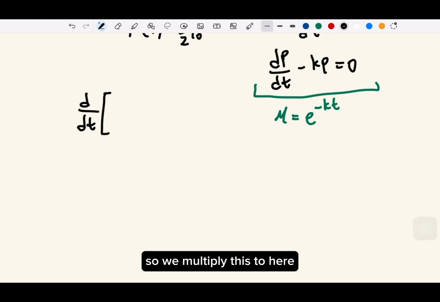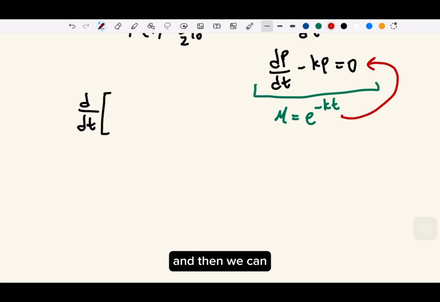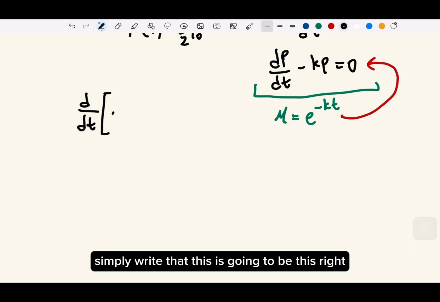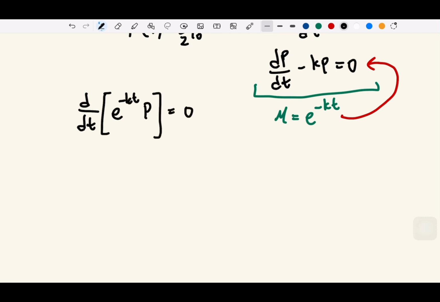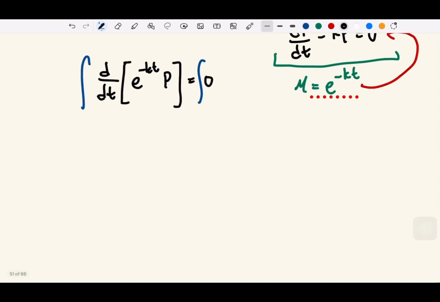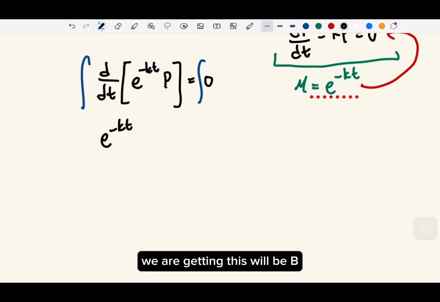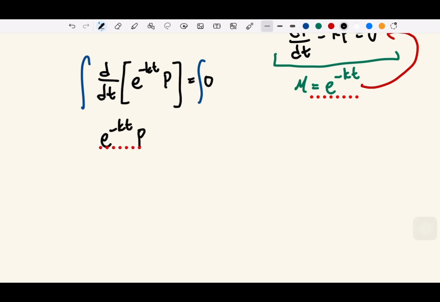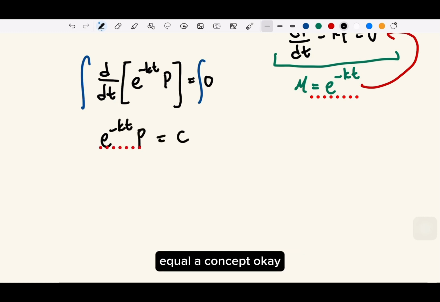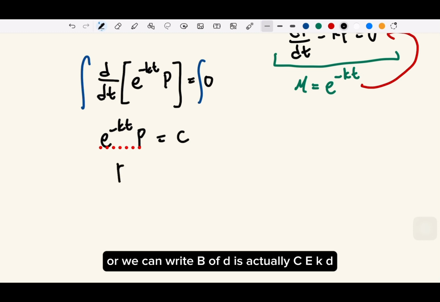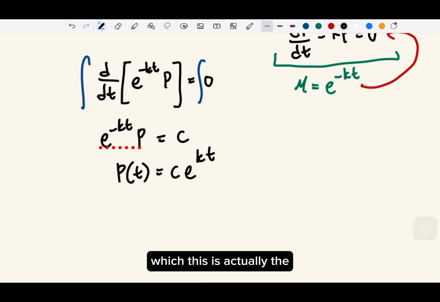So we multiply this to here, and then we can simply write this, right? And then integrating this part, we get p equal to a constant. Or we can write that p of t is actually c e to the kt,